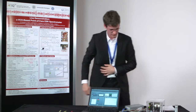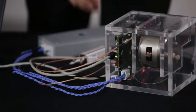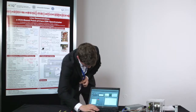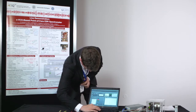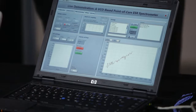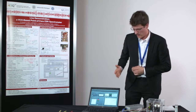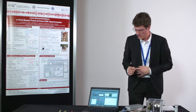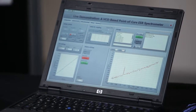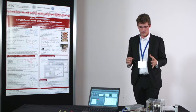To prove that we really measure the spin, I remove the sample and do another measurement. And now we don't see any signal at all. Now it's possible to have different samples, and from the frequency where the transitions occur, we can tell which kind of sample we have. To conclude, we built a much smaller